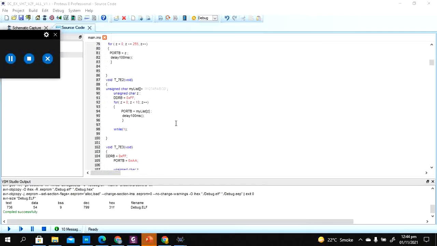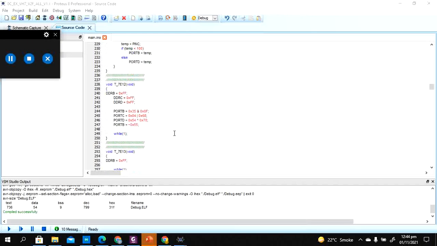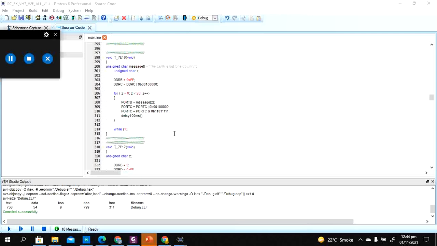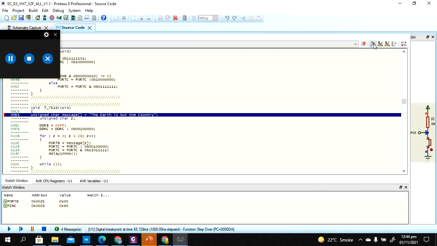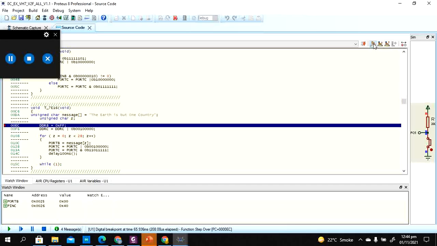So I am going to run this example 7-16, which is going to send this array of characters one by one. The ASCII symbols are going to be represented. Let's see. You will see these examples running if you understand the binary systems, the binary symbols that are associated with anything. This will make things easier.